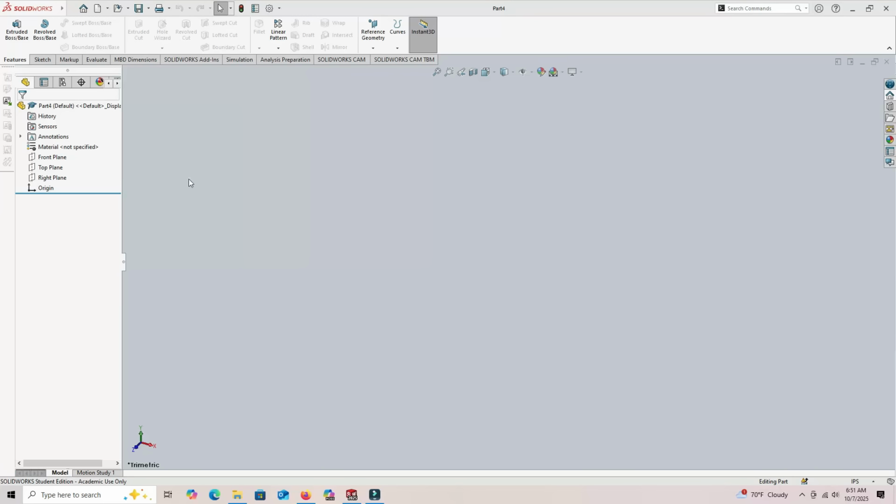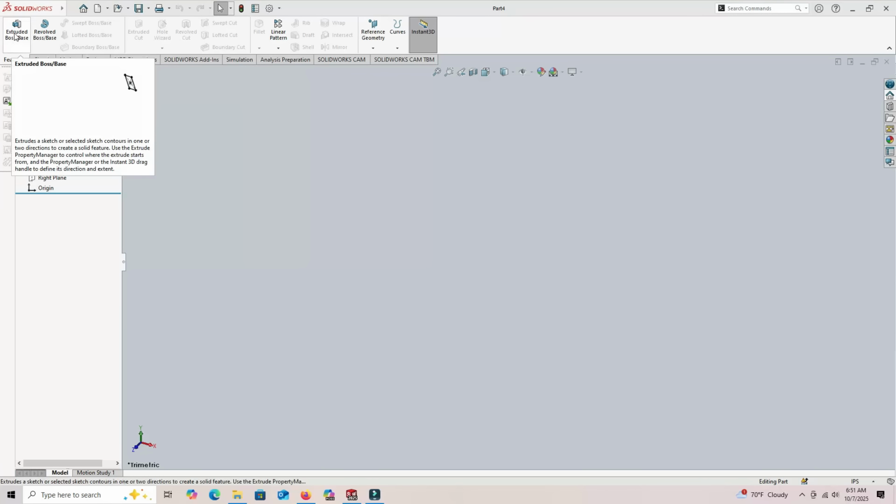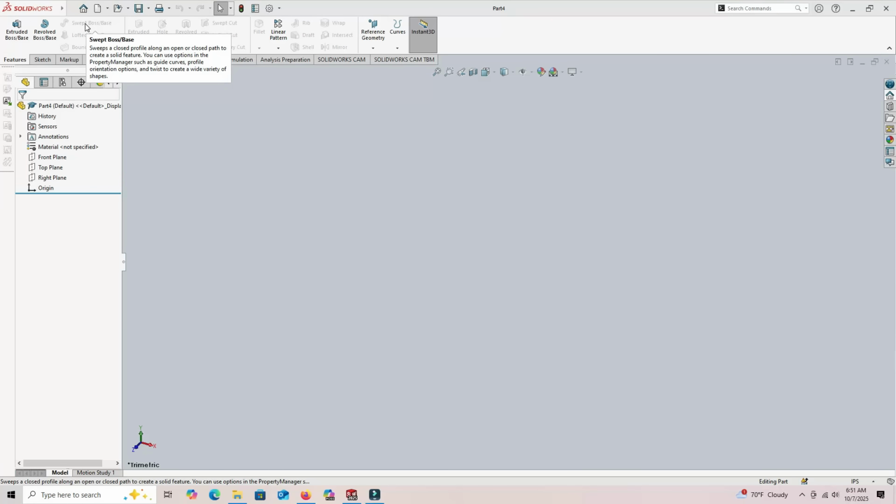Today I'm going to be talking about lofts. What is a loft, you say? Well, you can find out about it by going to our Features tab and you'll see all the things we've already done, which is extrudes and revolves and sweeps. And if you mouse over the loft, you can see it adds material between two or more profiles to create